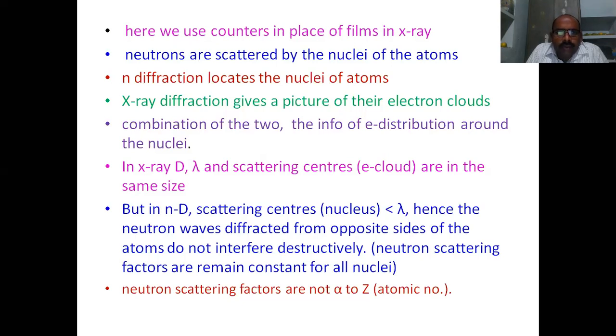By developing the film, we observe the pattern with layer lines. The distance between the central layer line, the zero layer line, and the other layer lines is measured as Sn, and that is substituted in the formula, a equals